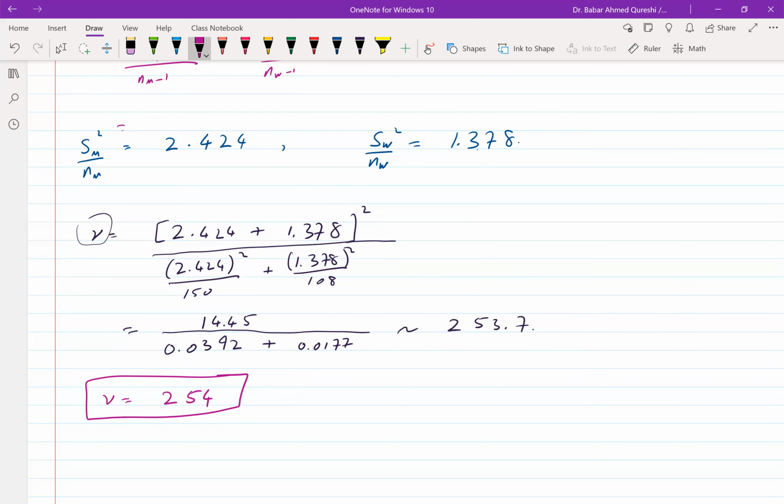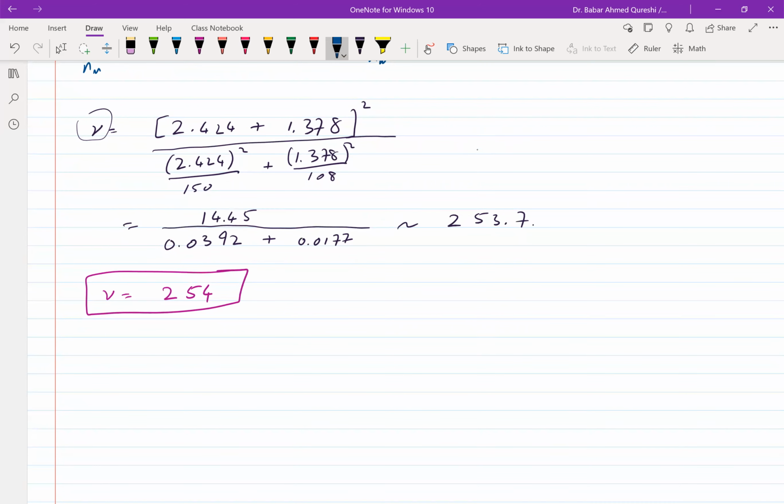Now I want to test the hypothesis. To test the hypothesis, you will reject